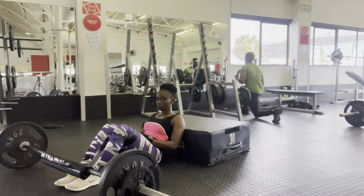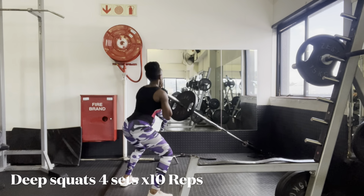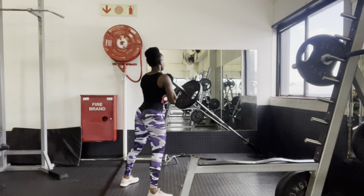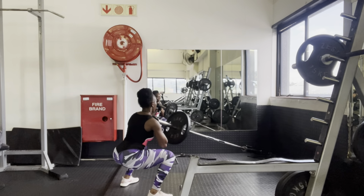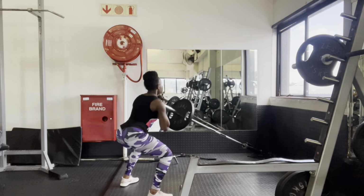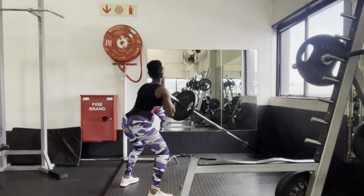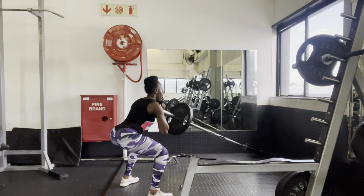The next workout is actually my favorite type of squat. It's a deep squat. The deeper you go, the better your glute will look. The deeper you go, the more your glute will thank me. The reason why I enjoy holding my bar like that and squatting like this is that it actually helps me to have more control when I'm squatting, and it helps me to keep my positioning correct. And yeah,